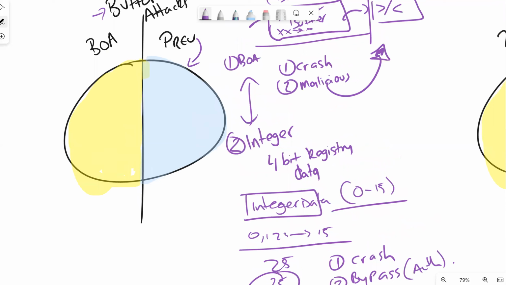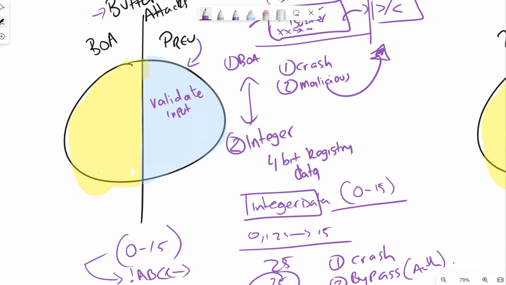Well, how do we then prevent it? The first thing I would say is validate the inputs. If our integer fields down here are 0 to 15, then all we care about is those 0 to 15 values. Make sure that we cannot add in other values like exclamation marks or text itself. So we cannot add normal functioning text. That is the way that we can prevent it. So we create that baseline of the code, and then we can prevent code injections from happening. So, it's about us sanitizing the data,